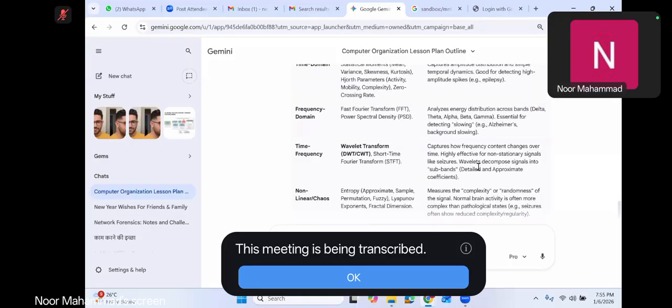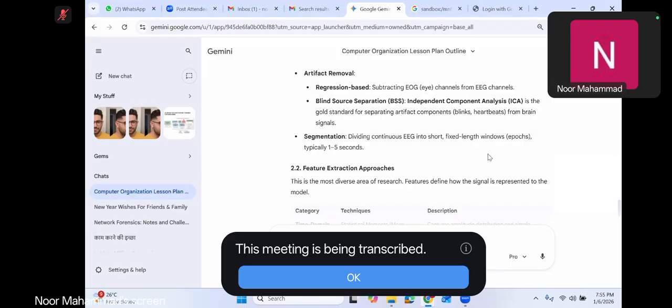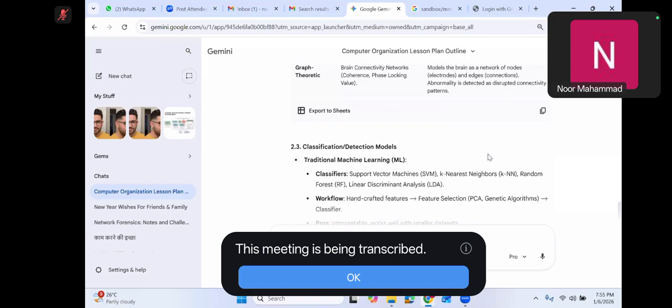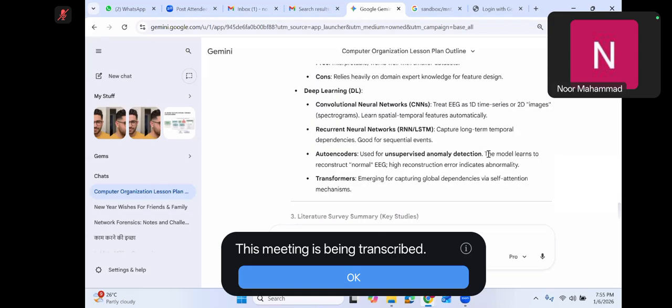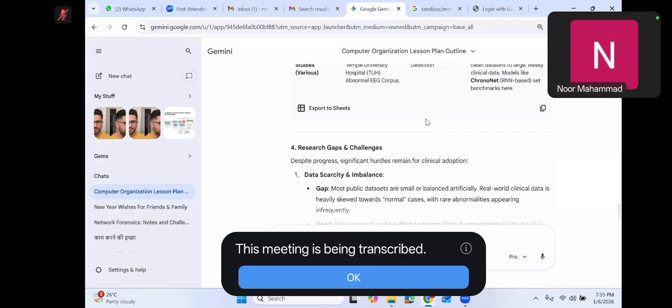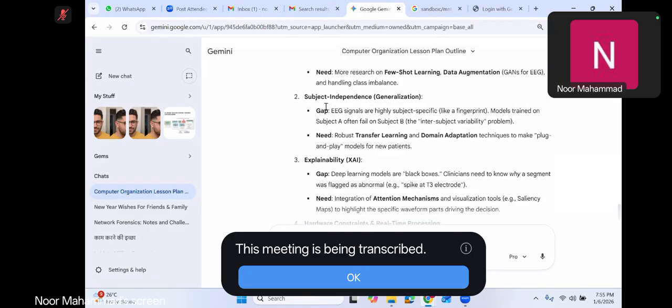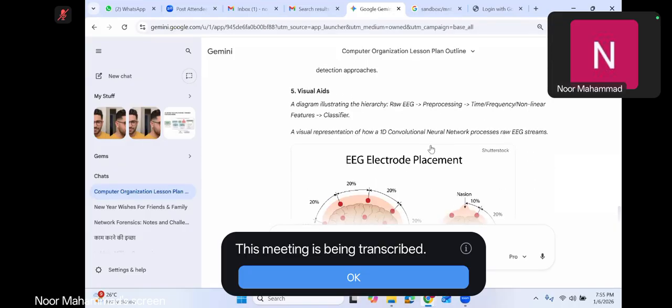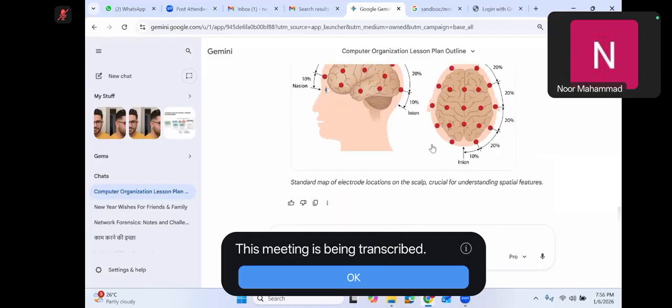And non-linear. Okay. This is what the analysis has given. And even classification models, traditional machine learning models, deep learning models, what things are there? And even a detailed literature survey it provides. And the research gaps, what research gaps are there, that is being given here. Okay, and visual aids also it has been given here. Okay, so now what I will do is I will ask it to provide it in an infographics way,